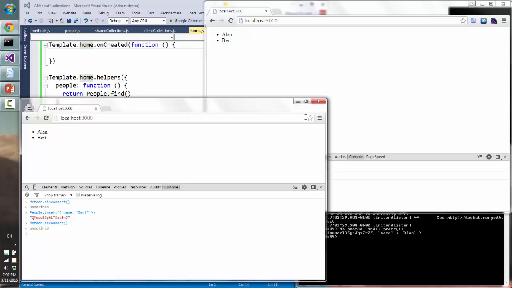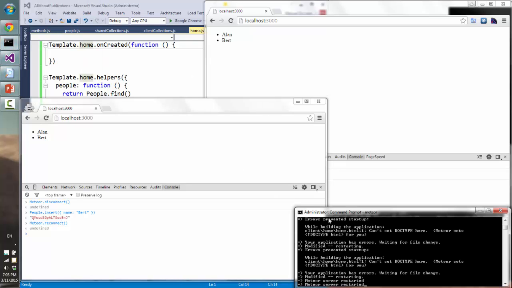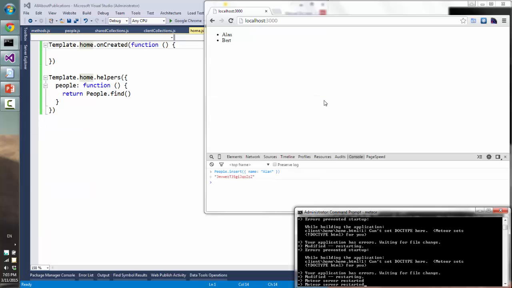The database handles it. In the case of Mongo, last write wins, and the database always wins. So it doesn't matter if, for example, you insert a record and the server rejects it, you get a rollback. We're gonna see an example of that. So let me remove it. Right now, we have a package called insecure, which lets me do all this stuff, insert from any client. So we're gonna remove it,